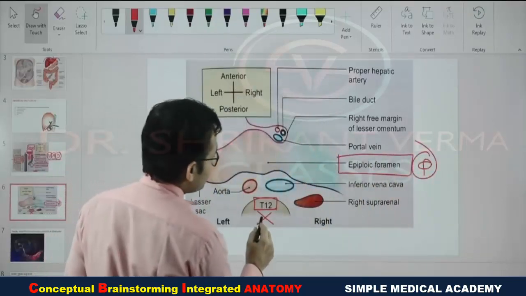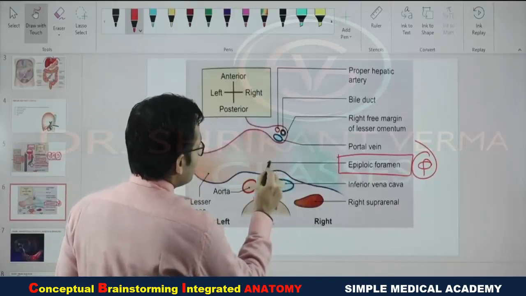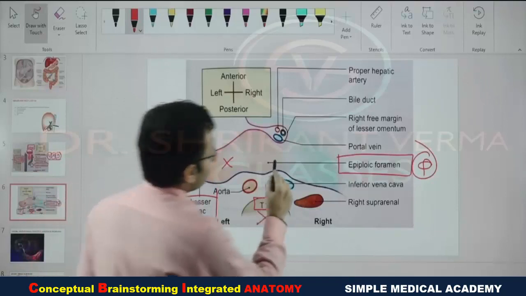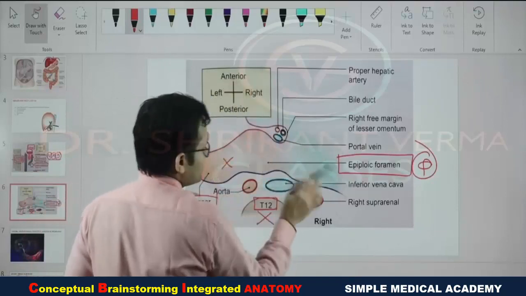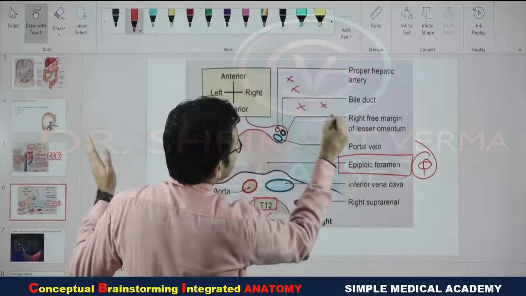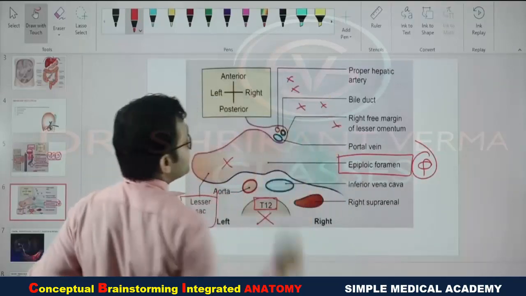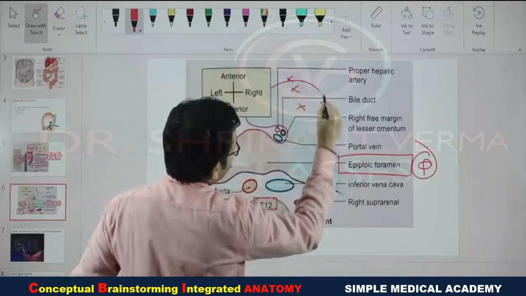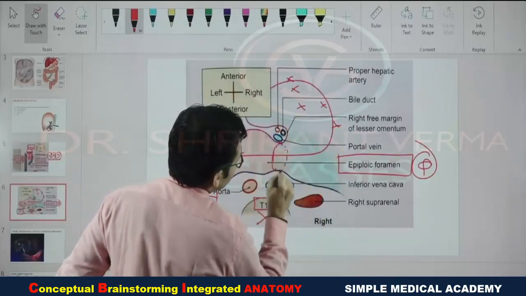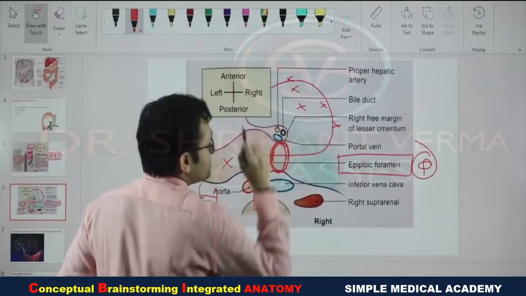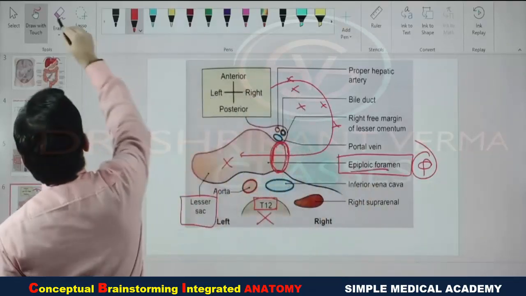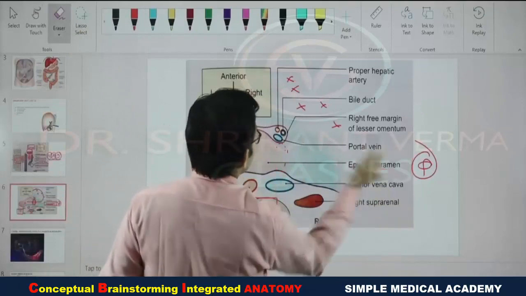Now can you see, if this is the epiploic foramen, so this small cavity is the lesser sac, while there is the big another cavity, it is the incomplete diagram. So this blue color structure, definitely this is the greater sac. So the communication from the greater sac to the lesser sac, this vertical slit, is known as epiploic foramen.